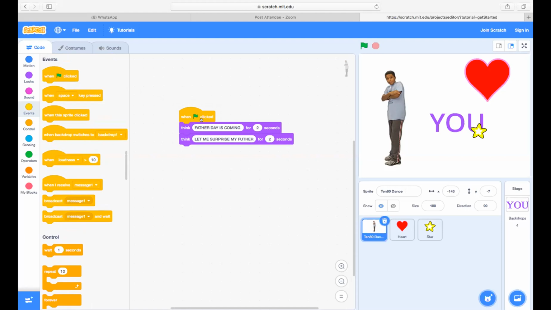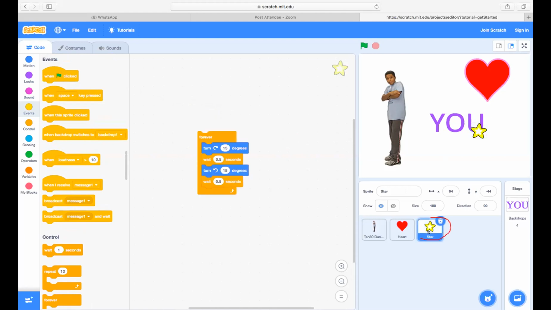Yes, Vihan. I couldn't do this, sir. Which one, Vihan? Star, the coding of star, I didn't do it, sir. Okay, can you see what Ian has done? Ian, just click on the star code. What is it that you are not able to do, Vihan?